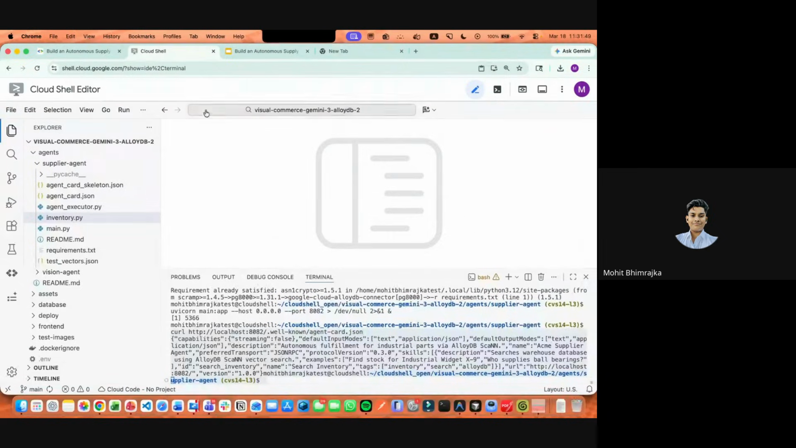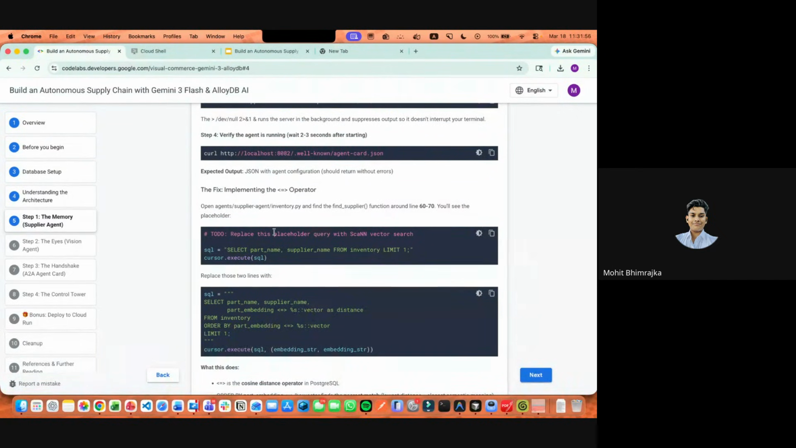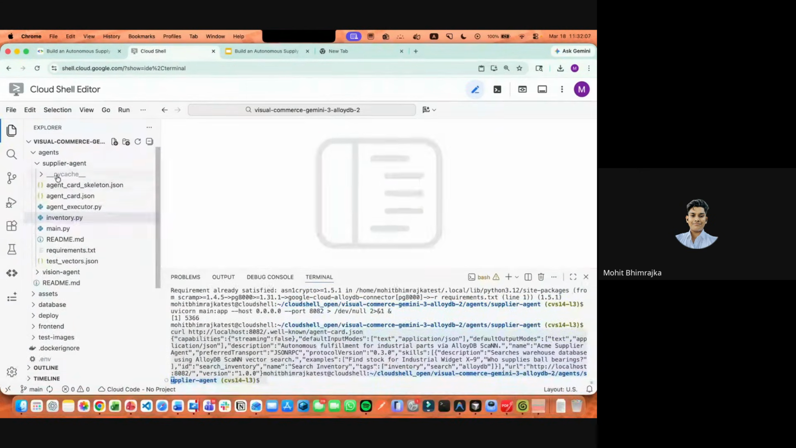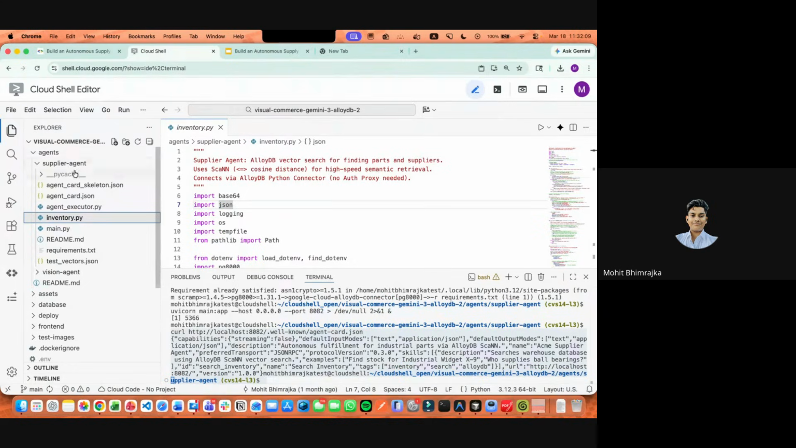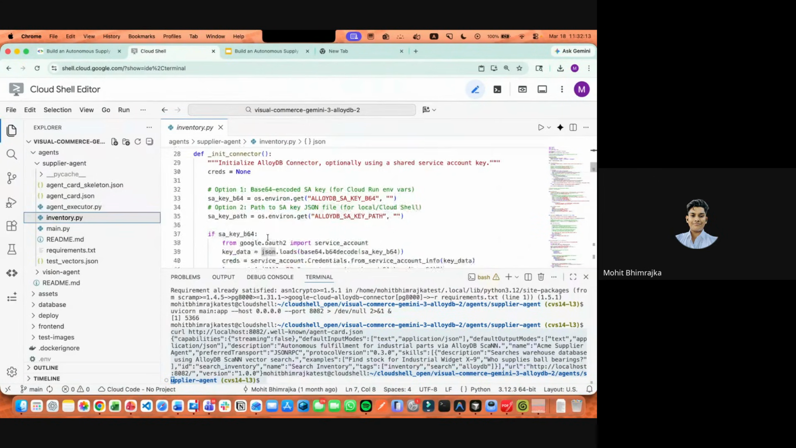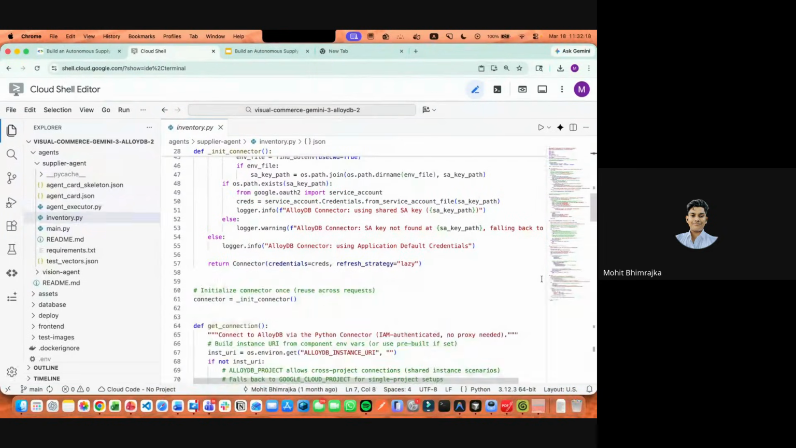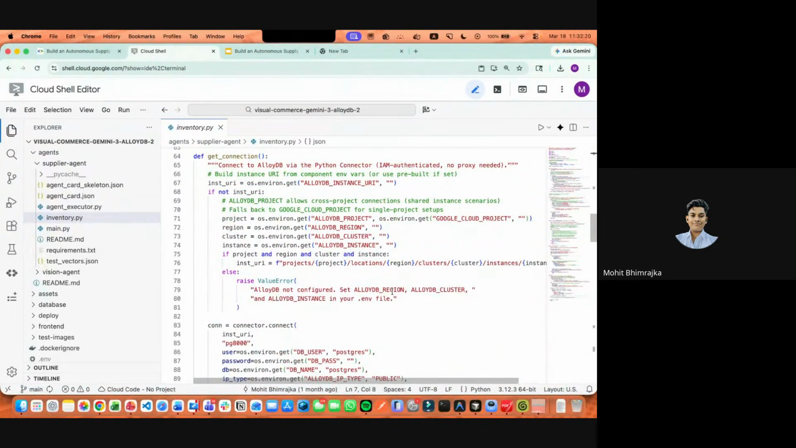So that's great, right? Now we'll quickly go ahead and complete the rest of the steps. You can follow the steps in the code. They are very, very simple. What you'll want to do is go to this particular file, which is inventory.py. This file is present right here inside the supplier agent directory. And what you need to do here is enable your supplier agent to actually use the capabilities